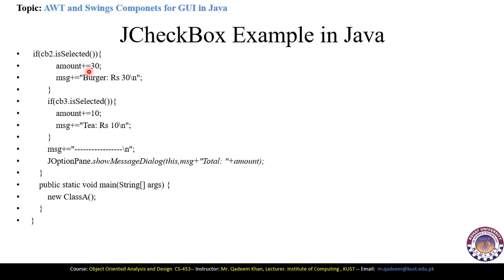Similarly, if the second checkbox is checked, then 30 will be added to the amount, and also the string will be "Burger rupees 30" and \n for the new line. So the next option will move to a new line. Similarly, if the third checkbox is checked, then 10 will be added to the amount, and message plus equals "Tea rupees 10" \n. So 10 rupees will be added here to the amount, and at the end